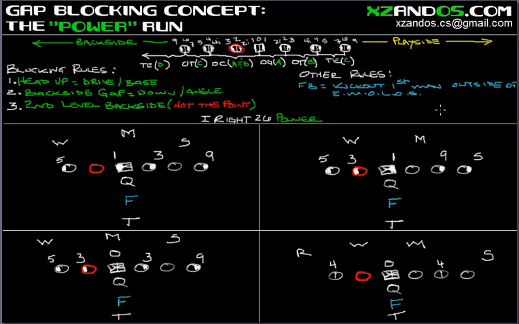So the fullback is responsible for kicking out the first man outside of the end man on the line of scrimmage. And then finally,